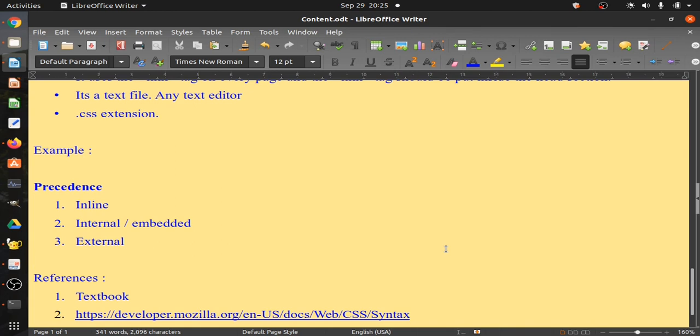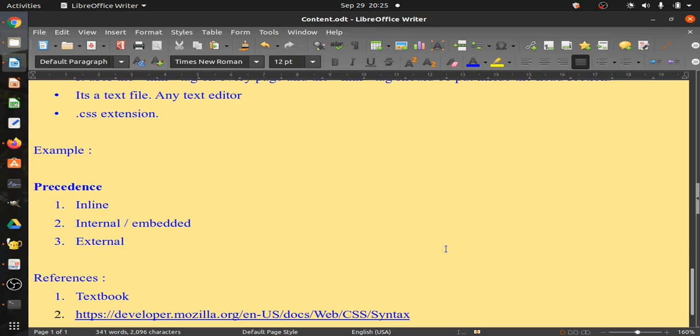For example, if one style sheet says the p tag is going to have a red color, and that is defined as external, and there is one more style given as internal that gives the p tag a blue color, and in the actual p tag we have one style that says the p tag is going to have black color, then what will be displayed as the text in the paragraph?